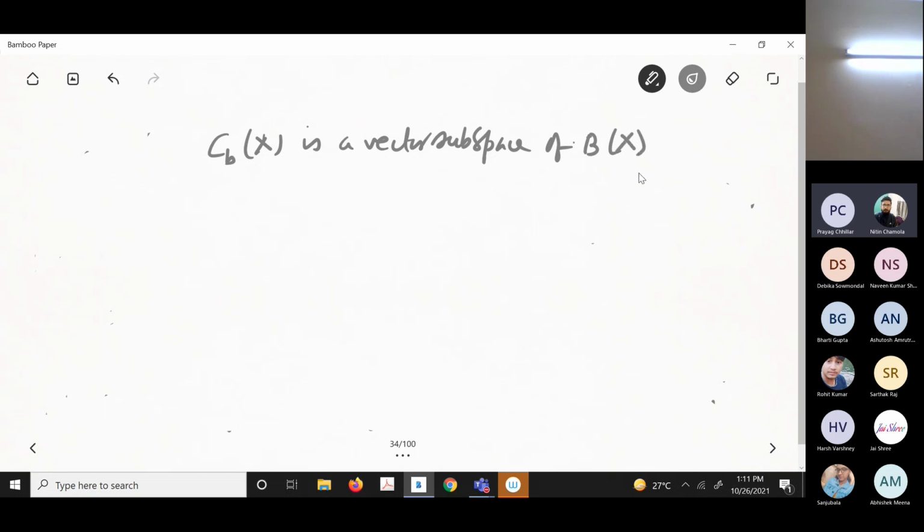Okay. Now on B(X) I have this metric D. That means I can consider this metric also, because as a subset of this, it will inherit this metric D. Now I claim the next theorem, theorem 6.2, but the proof is immediate. This is also a complete metric space.